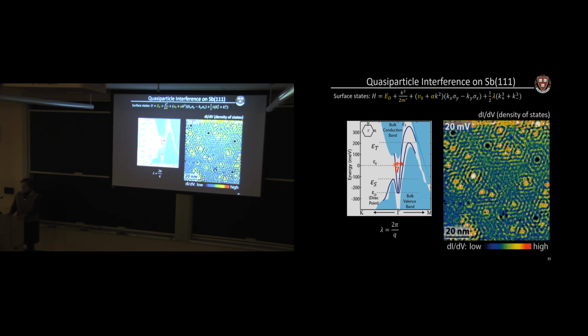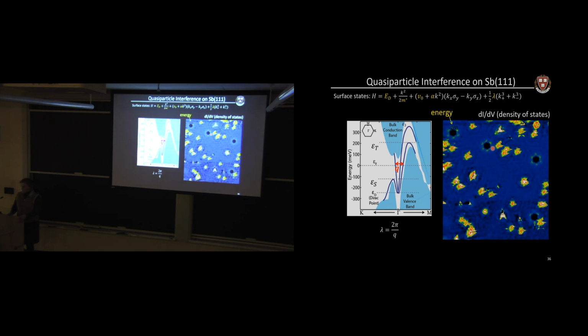Okay, so for antimony, we're going to be looking at this scattering vector in particular. If we remember where these states came from, this would be, say, a spin-up band, whereas this one here would be a spin-down band. So we don't expect scattering between spin-up and spin-down. So we shouldn't expect cross-cone scattering. We should only expect inter-cone scattering. So this Q vector is allowed, whereas the shorter internal one here would not be allowed. So we expect that as we increase the energy from here to here, the scattering vector is going to increase, and the wavelength in real space is going to decrease. We can see the scattering off of a few defects here.